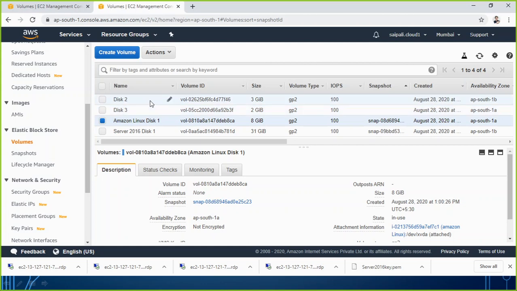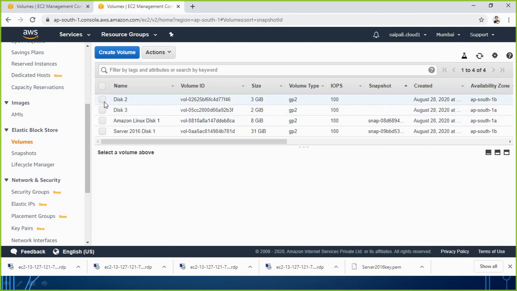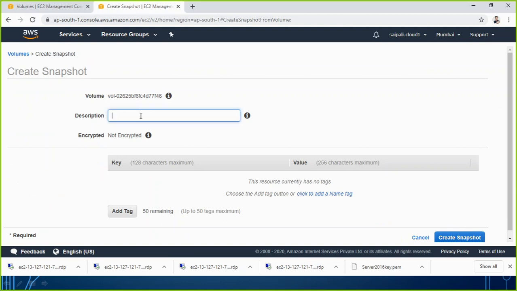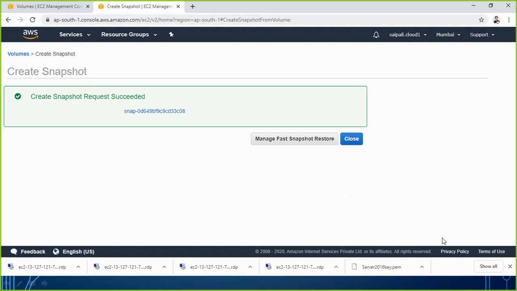If you want to take their snapshot, simply choose that hard disk, go to Actions, and you are going to get the simple option of Create Snapshot. Give any name to this snapshot. Maybe I'll name it with the date, assuming today is the 28th of August. That will just be the name. It makes it easy to understand when I created the snapshot and what the condition was. Click on Create Snapshot and done.